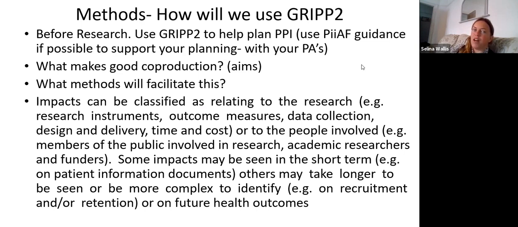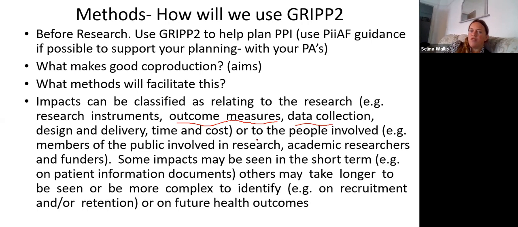So you need to think beforehand about how you want to do public involvement, what methods you're going to use. And sometimes it can be helpful to think about some of the impacts that you want to have from your public involvement. Some of those could be relating to the research, like Sean was talking about, and Jenny, about an intervention, about research instruments. So some of the outcomes might be making sure that a tool is as useful as it can be by using members of the public. It could be thinking about what outcome measures you're going to collect, how you're going to collect data,